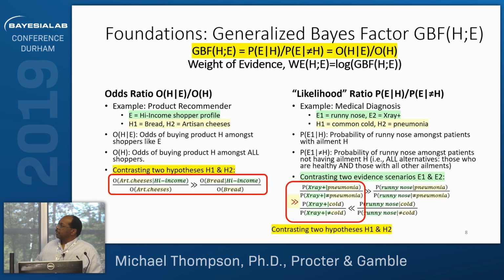If you put it in the posterior odds over prior odds format, it's reasonable to expect that the odds of having artisanal cheeses amongst higher income consumers would be greater than the odds of just finding it across all consumers in general. And so that would score a higher GBF for artisanal cheeses than it would for bread, and